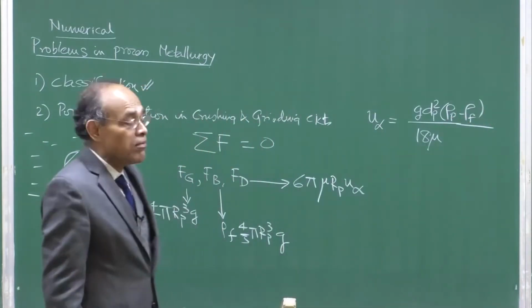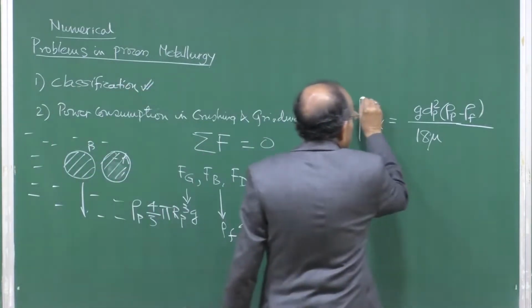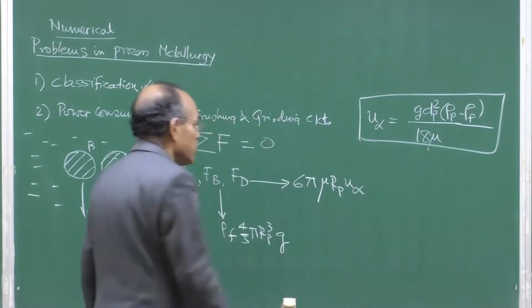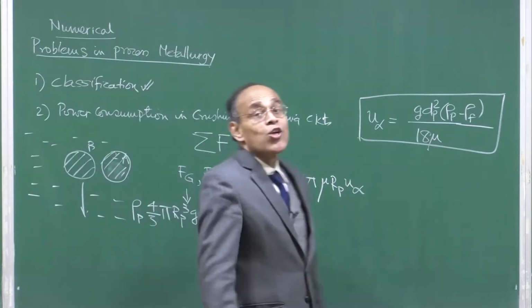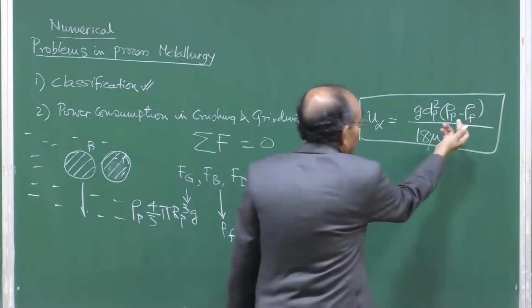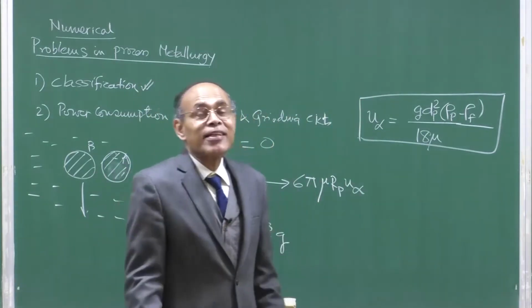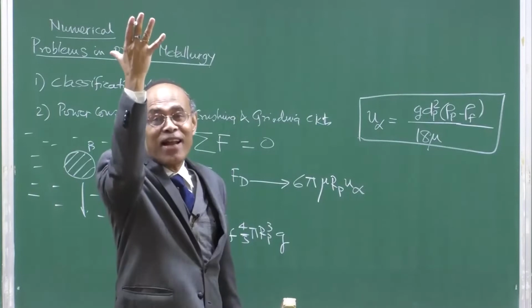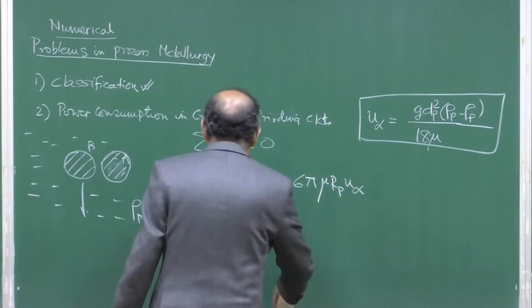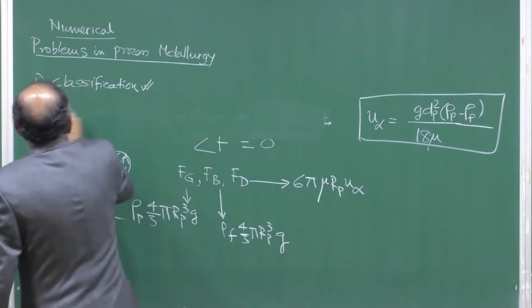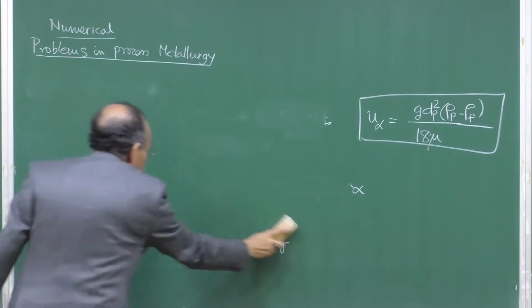The Stokes terminal settling velocity of the particle is dictated by this expression, which is derived on the basis of the force balance, and this is the expression that we call the Stokes law of settling. If you change the sign, rho f minus rho p, then you get the same law, but instead of settling, it is going to be the rising velocity itself. So, this is the basis on which most of the classification calculations are done,